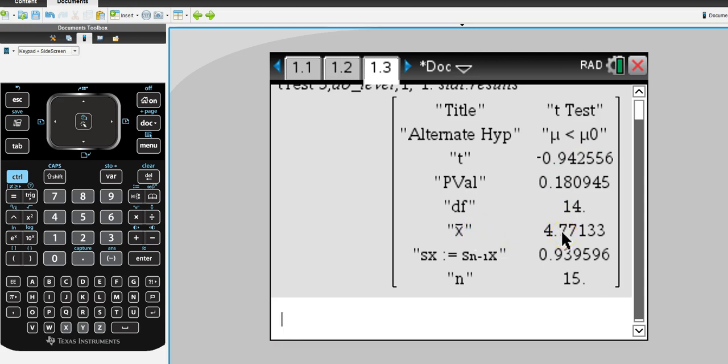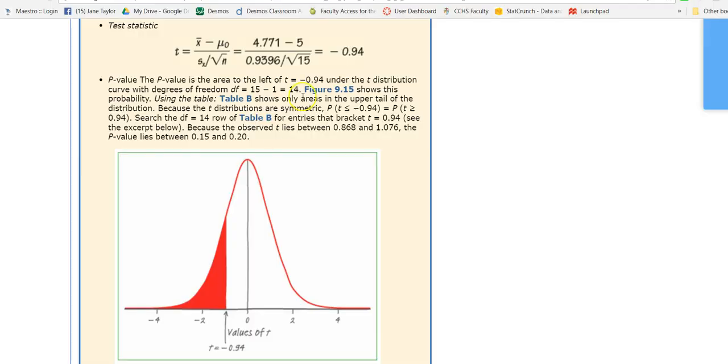So I'm going to use this x bar. I'm going to use this standard deviation. I'm going to use my n. I'm going to use the t. I can label my degrees of freedom here, all the information I need. So here is the 4.771, the x bar, here's mu, here's the standard deviation of the sample. So all of these values that I need to put in come from the test,